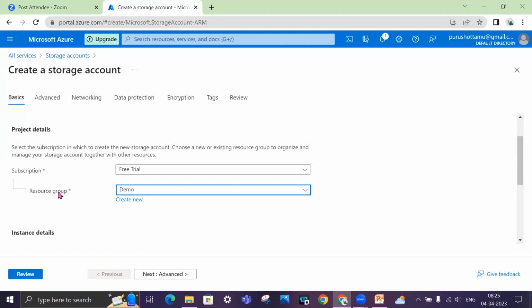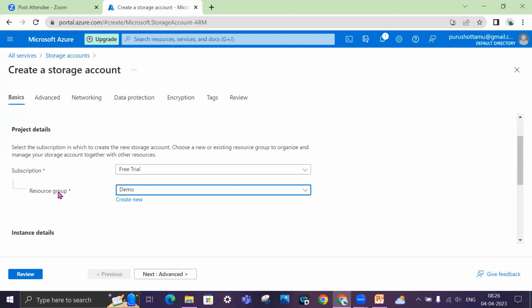For production, you need a high grade of resources, right? Compared to production, you need a little less expensive resource for UAT. And even for development, you need a less expensive resource, right? You cannot use the same level of resource across the different categories. These are things you keep in mind when you are designing a use case, when you are designing a system in real time. Okay, so these are very important, guys.